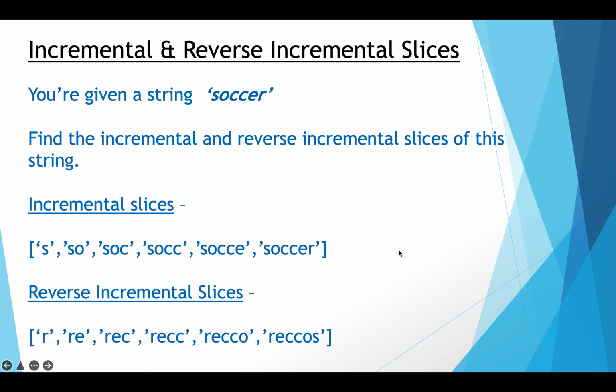I'll switch to PyCharm now where I'll begin coding this program. I highly recommend you follow along with me, as that way you will be able to develop a good foundation of the slicing feature of Python. This is an interesting problem and will seriously boost your skills of string slicing, so make sure you watch this video till the end.